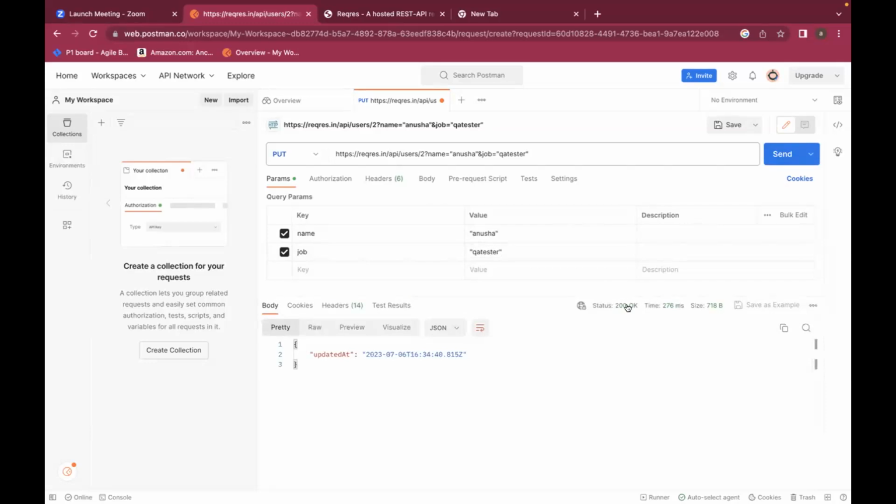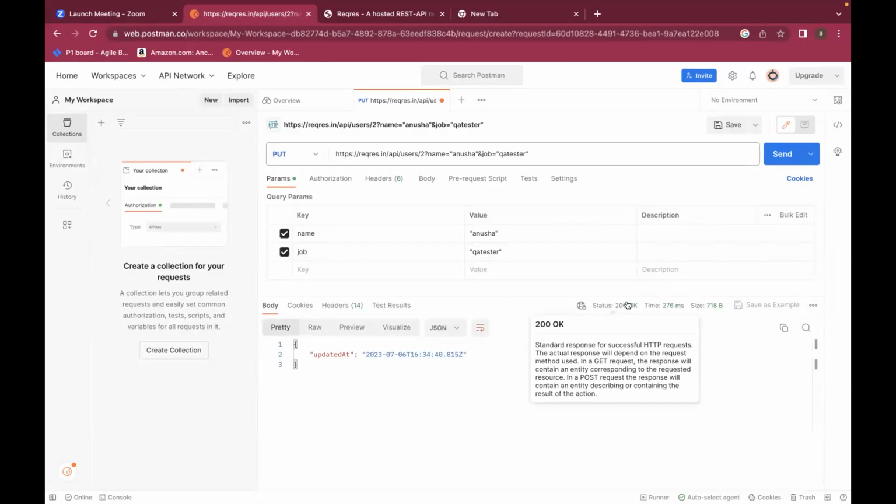So what status code are you getting? Is this a successful response or an unsuccessful response? Positive response or negative response? Successful. So I hope everyone has got 200 OK for this endpoint when you use put.